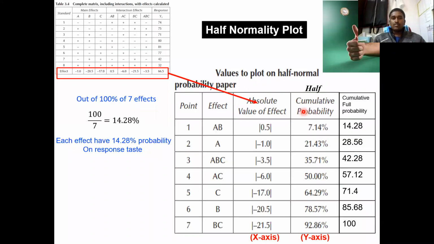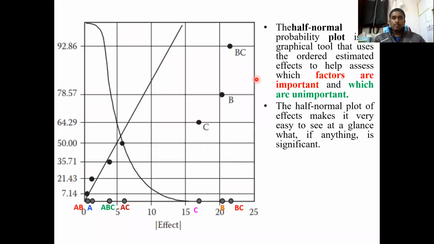So out of 7 effects, AB, AC and so on, from 1 to 7, we segregated them into significant and non-significant factors based upon a statistical tool called the half normality plot, right? From this we got B, C and BC as the significant terms influencing the taste, while other terms are not influencing the taste, as they are not passing through the line. In the further steps we took only these terms to study further.